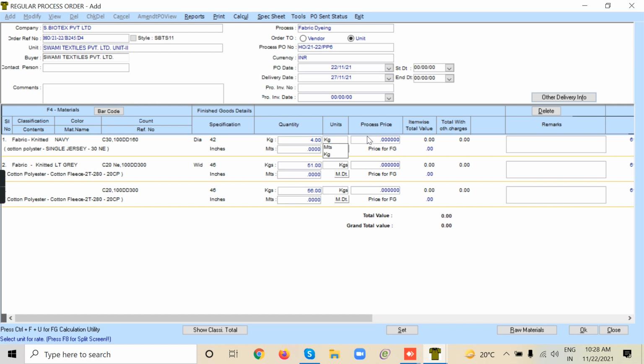Process price. Fabric dyeing price, like navy color, how much price will it be? Dyeing charges. You can right click and give the same price for all the fabrics. That is all. Please click OK and save this fabric dyeing PO, purchase order.